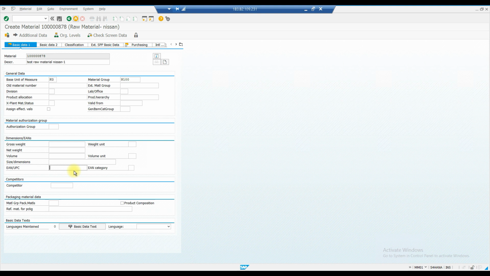Okay, so similarly, every part which is manufactured in India will have an IS number. You can find an IS number on most of the things. Similarly, this is for globalization. EN and UPC numbers will be given by the